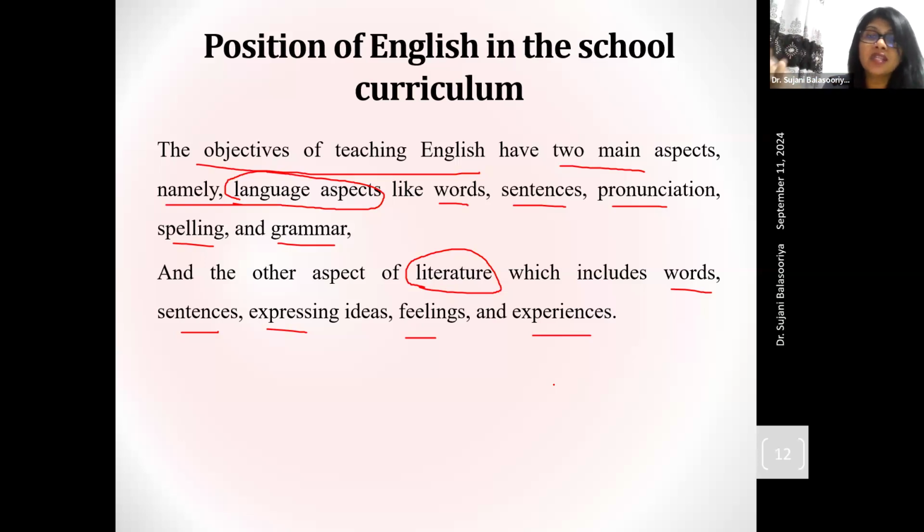So for example, the teacher can ask the students to narrate a story, right? For example, the teacher can join both objectives, language and literature together. Then it's like this one example, okay? I'm telling this to further clarify. The teacher can teach simple past tense, okay? That is related to language, right? Language aspect. Simple past tense.